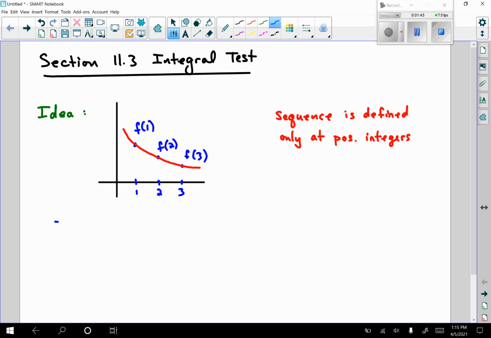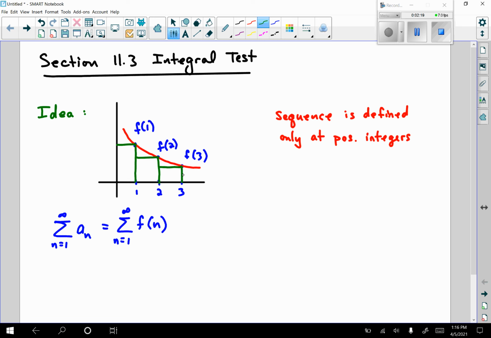So let's say that the series, as n goes from 1 to infinity, of a sub n, so the sum of a sequence here is the series, can also be written with f of n replacing a sub n. And we could turn this into an integral. This is going back to Calc 1 when we first started to look at how integrals were related to areas under the curve. So if we have a right rectangular approximation, if I make my rectangles here, I could find the area of each rectangle